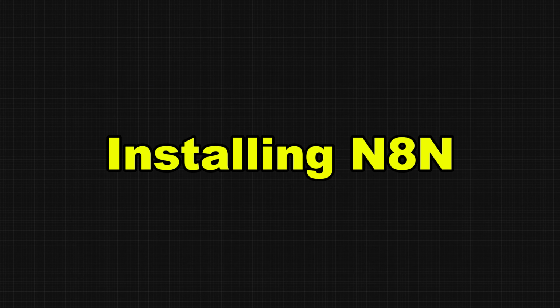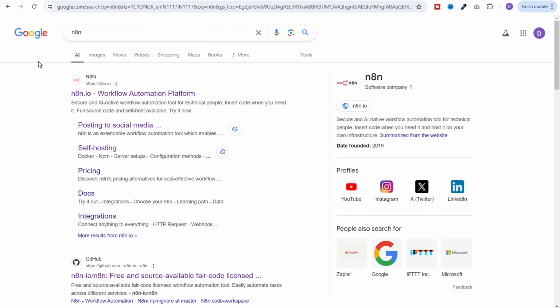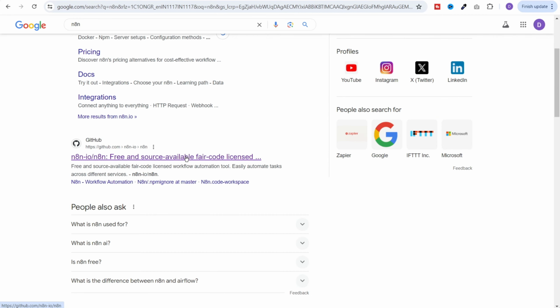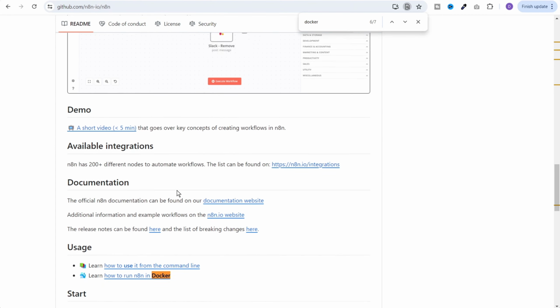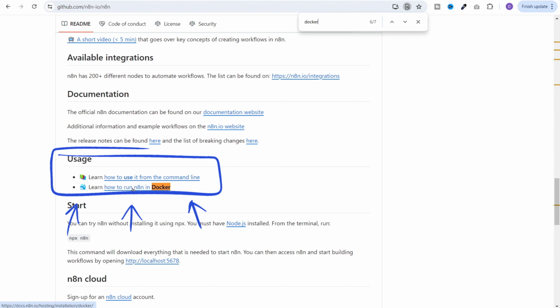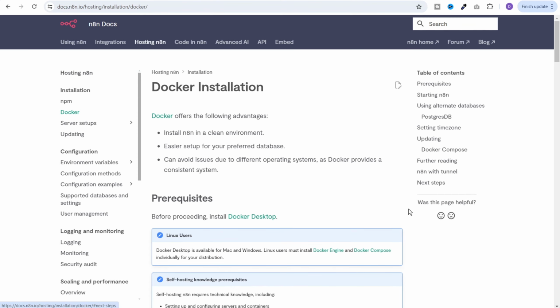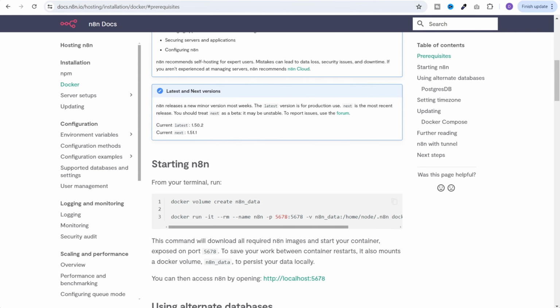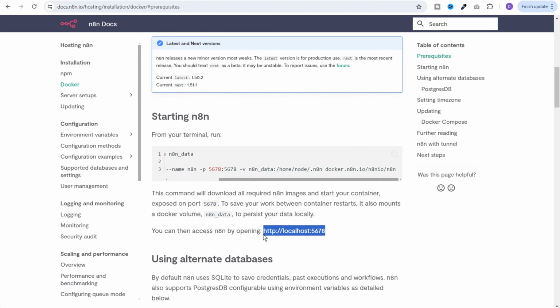Now let's install N8N locally. You can go to Google and search N8N, then go to the GitHub repository, then scroll down to usage. Click on how to run N8N in Docker. You will land on this page. First, you need to install Docker Desktop. Once that is done, you need to open your command prompt and run these commands one by one. These commands will download all the required N8N images and start your container. Then you can simply open this URL in your local browser, http://localhost:5678, and you will be able to